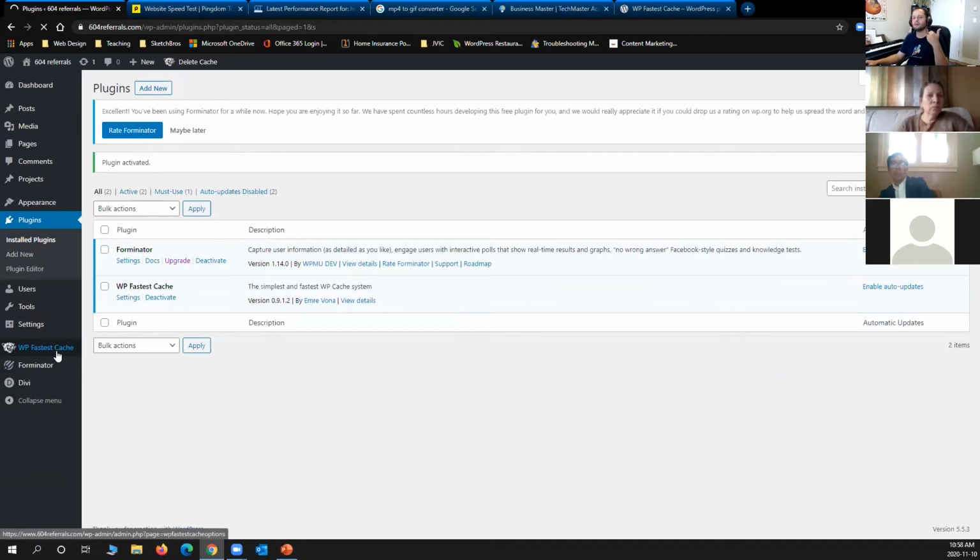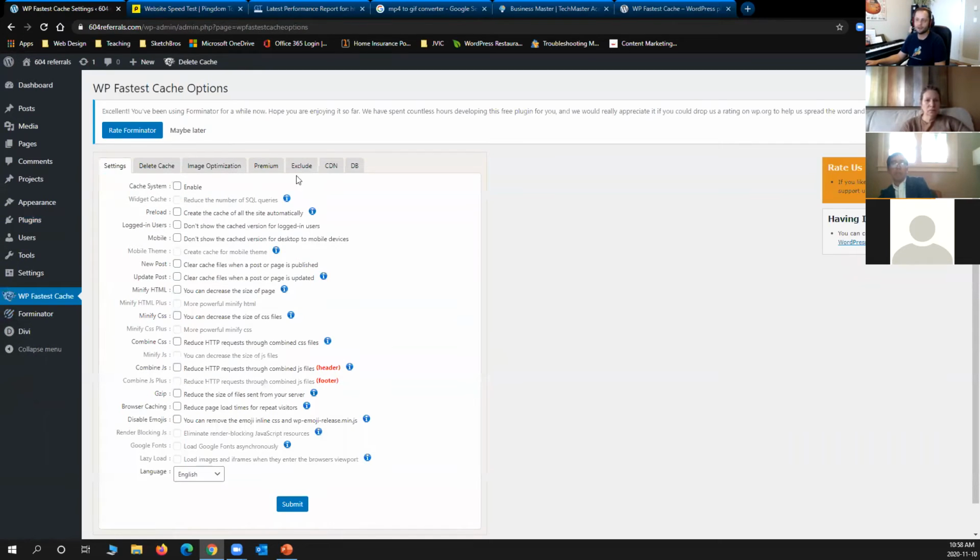No matter what plugin you're using for caching, there are certain things that you need to do. Number one, enable caching, of course, because cache has its own folder on your server. Like I said, it's a snapshot, and these snapshots are saved in a certain folder. So by doing this, you're actually creating that folder, okay? The folder doesn't exist by default.